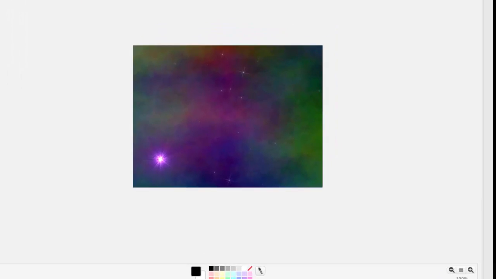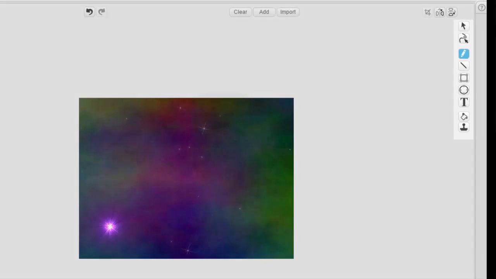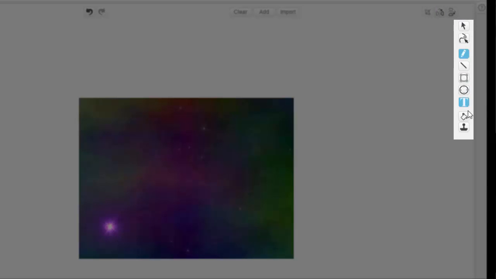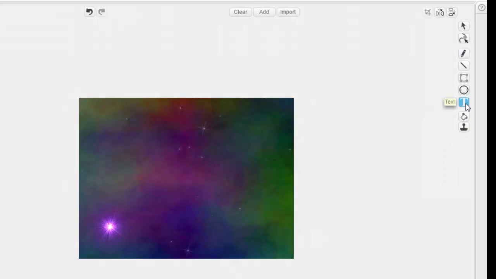And this is going to take a few seconds. And you'll know it's ready once these tools pop up. And so for this, what I'm going to do mainly is I'm going to use the text tools. So I'm going to click on the text tool. I'm going to click up here, and I'm going to give my